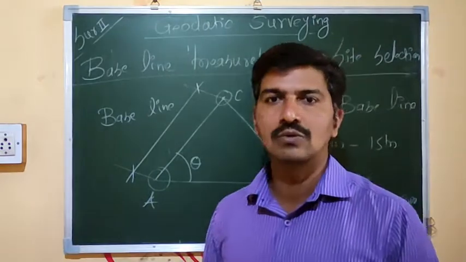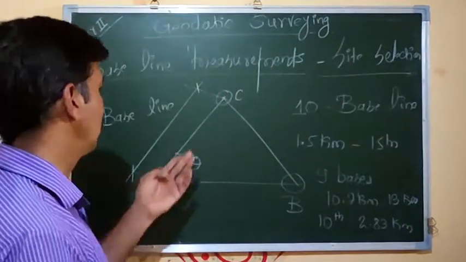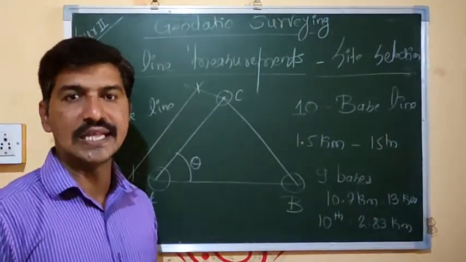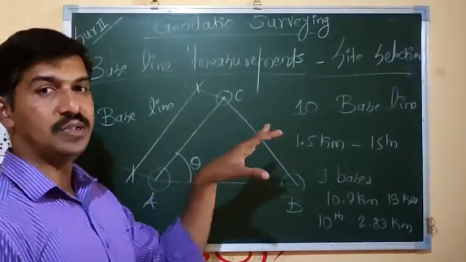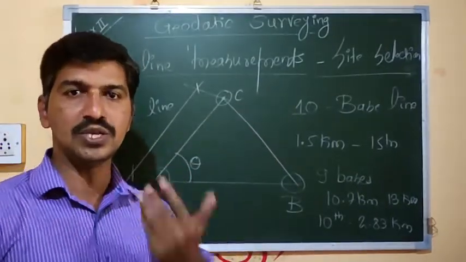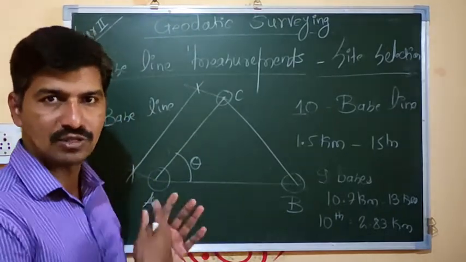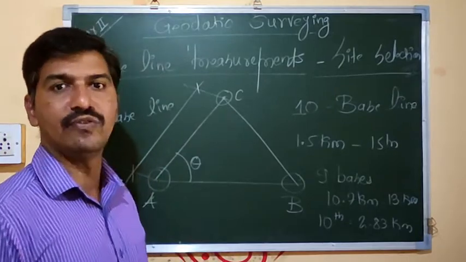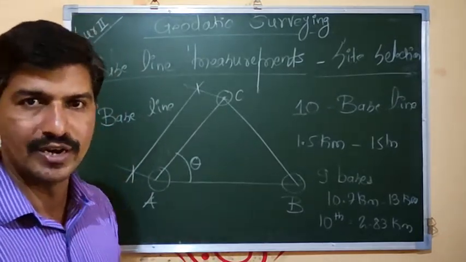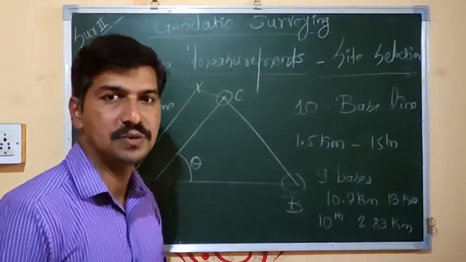Gently sloping ground, if it is available, is a better, we can say ideal, situation for baseline measurements. A and C should be easily accessible, as we need to access that particular point. If it has dense wild forest, again it is quite difficult to reach point A and point C.